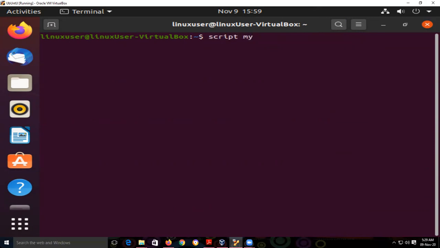Suppose the file name is my recording. Script my recording means whatever work or task I complete on this terminal should be recorded into the file my recording. So script my recording, enter. Script started, file is my recording.